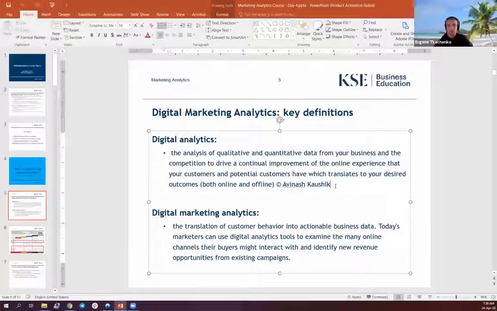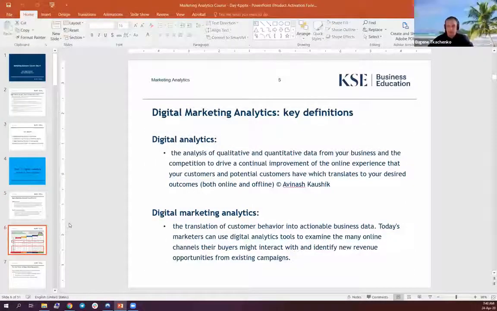So everything is similar. When we add the prefix digital to the existing word marketing analytics, it will be considered as something which is going on online, or at least can be recorded online, in contrast to something that we used to do offline, or things that weren't presented or expressed in a digital way.